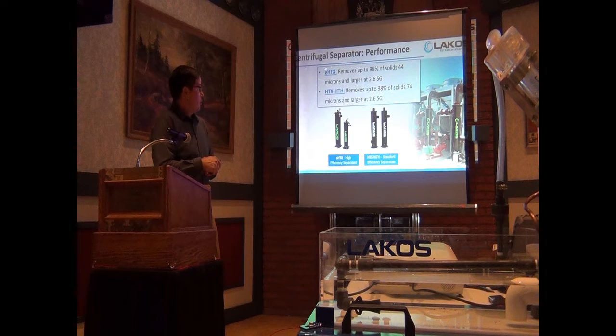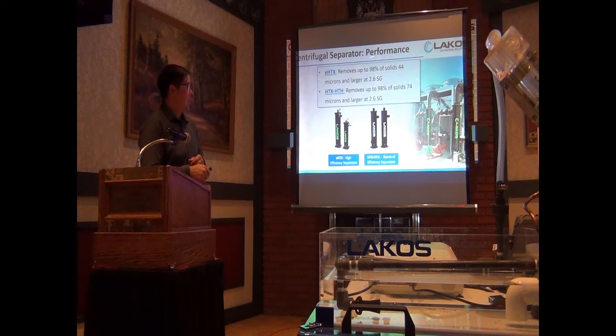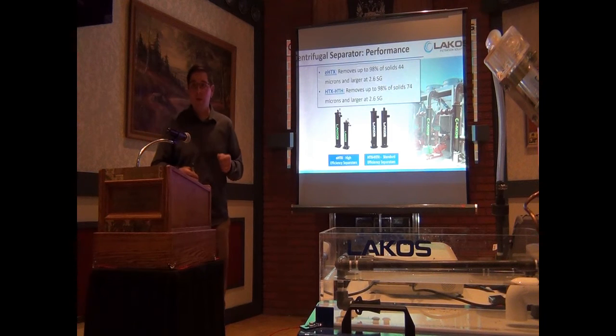So we have a high efficiency model, which is the EHTX. That's anything that you see with the green lettering. That's an oversized Lakos centrifugal separator. And these are sized to filter out 98% of any solids, 44 microns and larger, that have a specific gravity